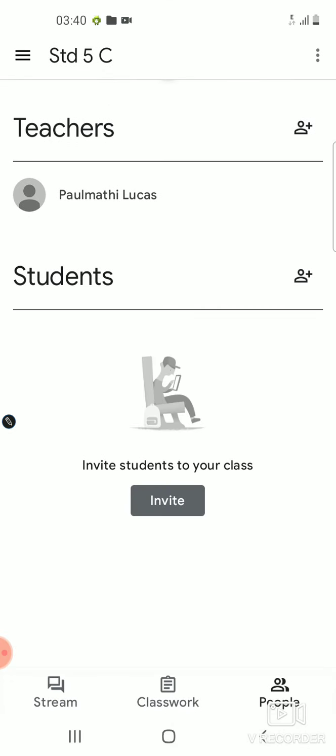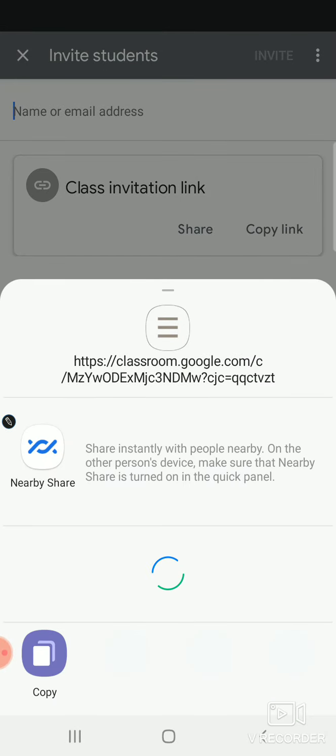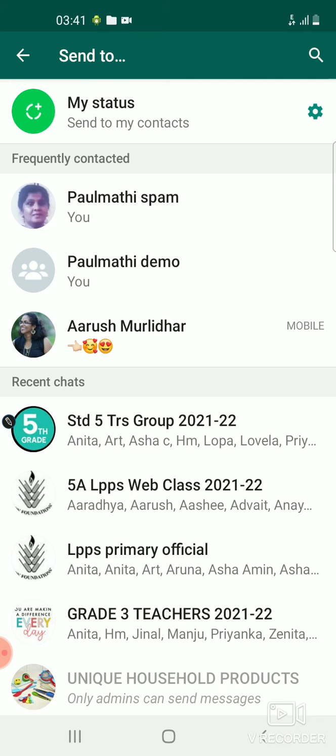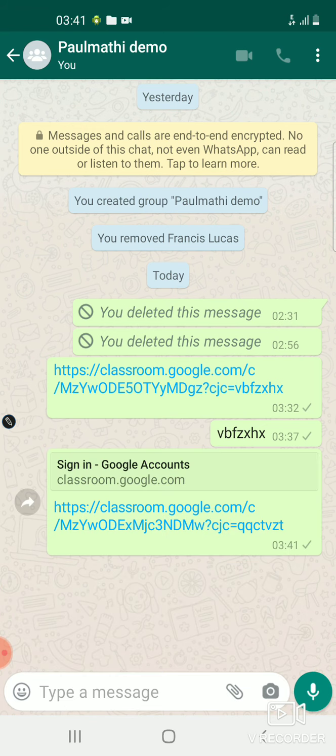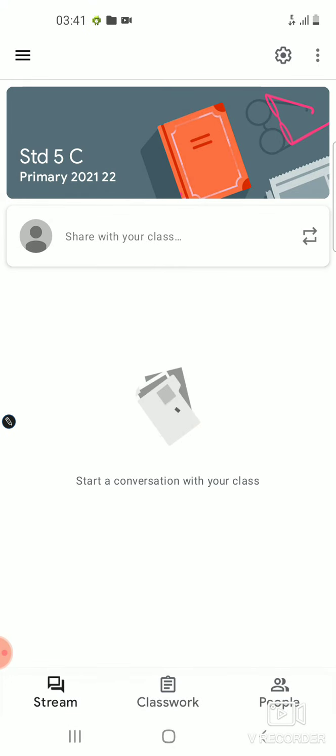We can invite our teachers, any teachers, by sending their email, and we can invite them. Now you come to the students part. Here the code and the link are already inbuilt in this Google Classroom, so you can just click and share in their WhatsApp group. As the children are there in their WhatsApp, you can share the link in the WhatsApp group. Now we see the blue link has appeared. When you click the blue link, we can see the Google class which we have created just now.